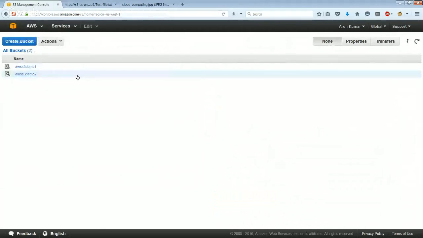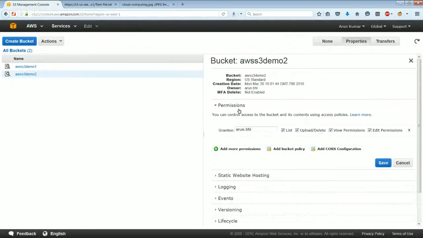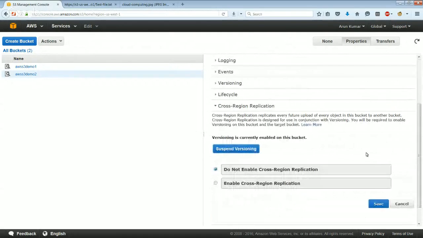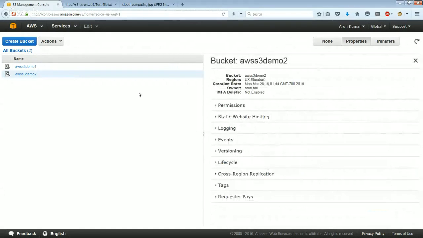We are inside now. Let's go to the properties here. And these are the details about this one. And if you look under the permissions, these are the same permissions. If you go back, we haven't enabled any logging or anything. So now if you click on the replication, it shows we can enable replication of this bucket to another new bucket if you want something else. One thing to pay attention to, if you see here,